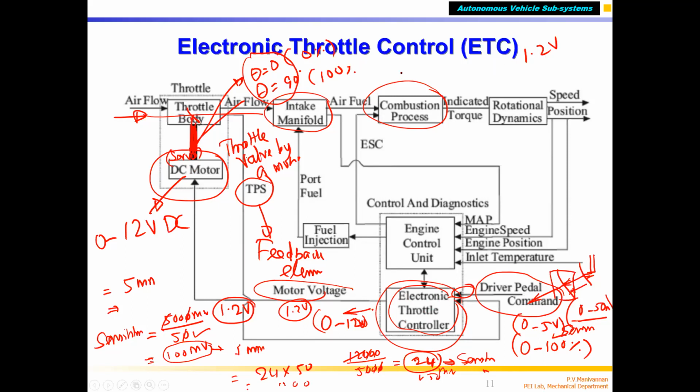When 12 volts is given, the throttle will open 90 degrees. When 0 volts, it means 0 degrees. Again you can map. So 90 divided by 12 volts will be the angle when the throttle moves by 1 volt. Or you can convert to millivolts also, same thing. When you do that, 90 divided by 12,